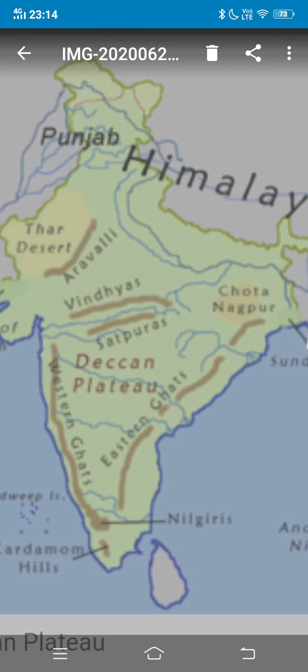And one more thing you have to remember about these rivers is, these rivers are rain fed. That means these rivers get water mostly from rain. Unlike what we saw in northern rivers, they were perennial, they were snow fed also. They used to get water even by melting of snow in summer. But here no Himalayan rivers are reaching till here. So these rivers are totally depending on rain, children, and there is shortage or scarcity of water in this region during summer. So I hope the entire southern peninsula of India is clear to you.